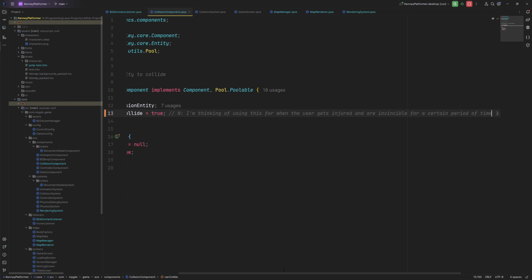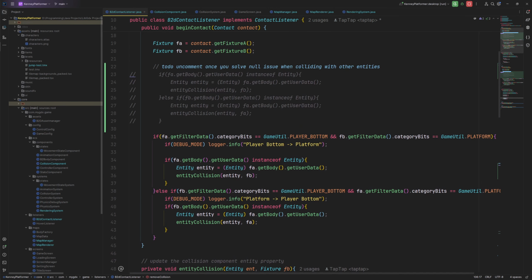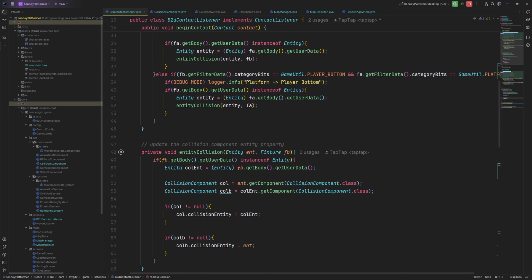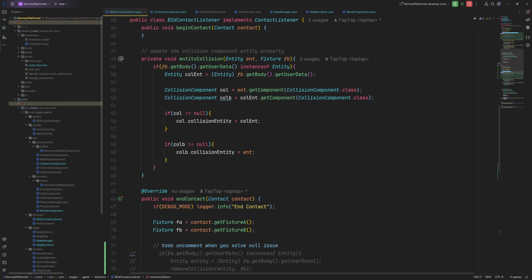In the collision component it has this property, the collision entity, such that we can keep track of the entity that the current entity collided with. And this is what the contact listener is basically what we're using to add that, as we can see with this entity collision method,